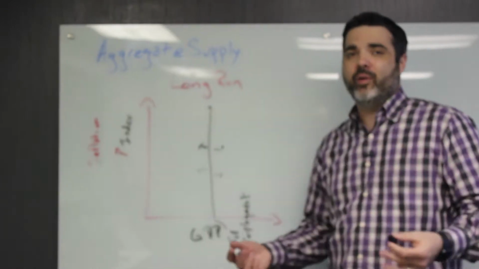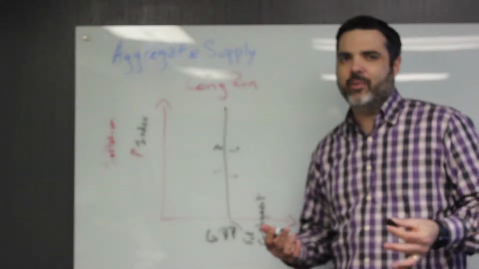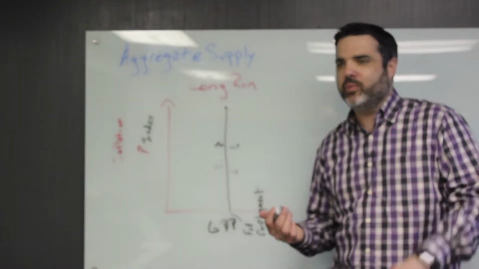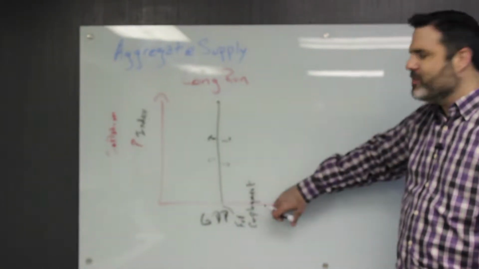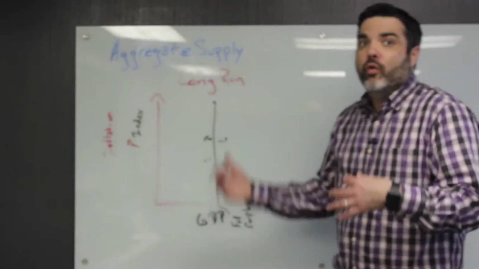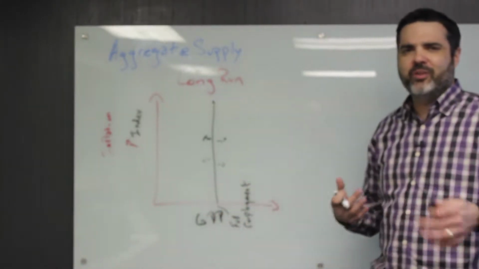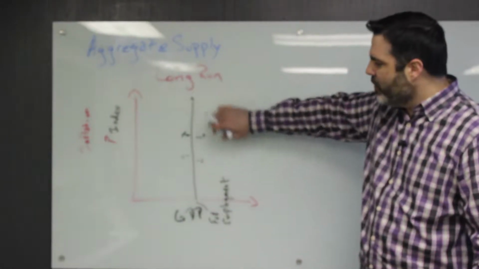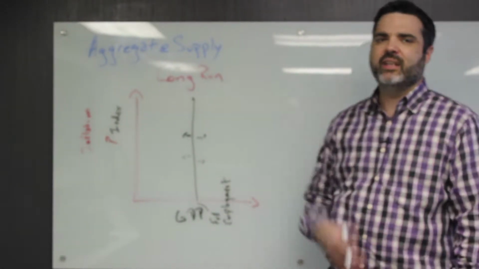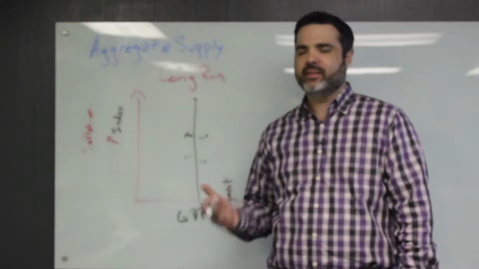That's full employment, right? And economists come up with that number of what is full employment. So this is the place of full employment. Now sometimes we've talked about how we can work over top of full employment for certain periods of time and things like that. But for GDP in the long run, we're going to end up at a place where we sit on full employment. That's where we want to sit.